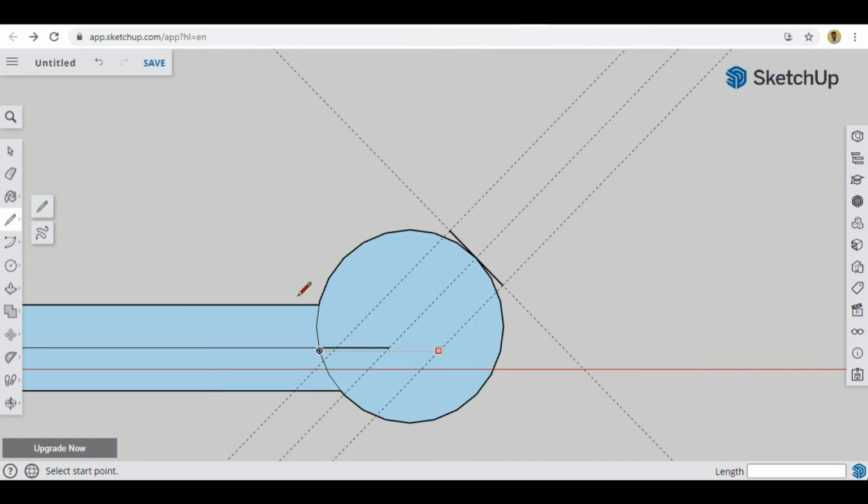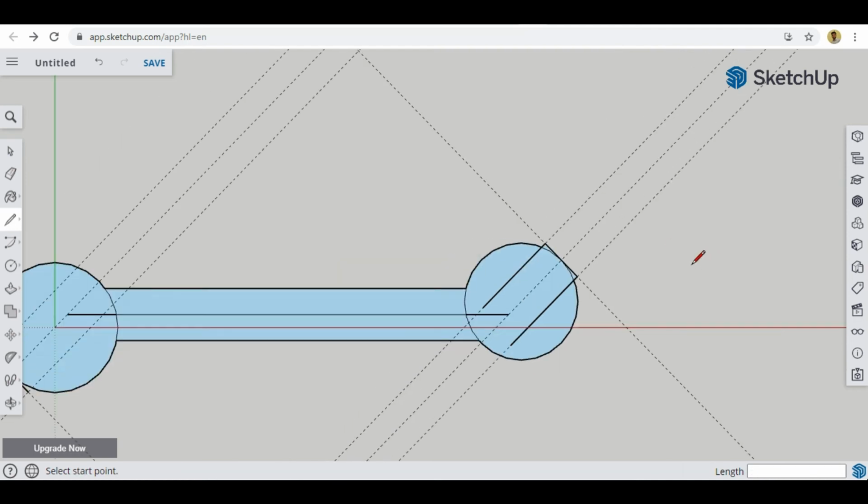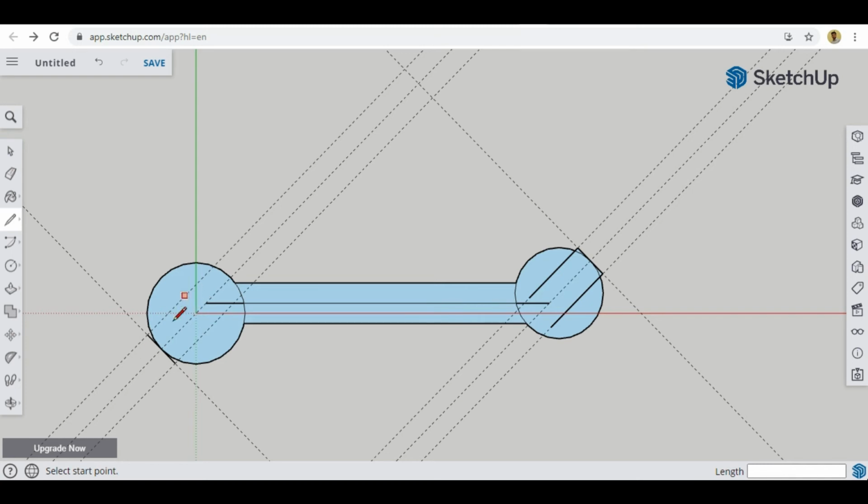So what I can do with the help of these temporary lines is that I can create two straight lines of any length. Again, there is no matter of length over here. The line should be big enough to cross this point only. The length of lines could be anything. Again, from here, a line of any length, and from here also.